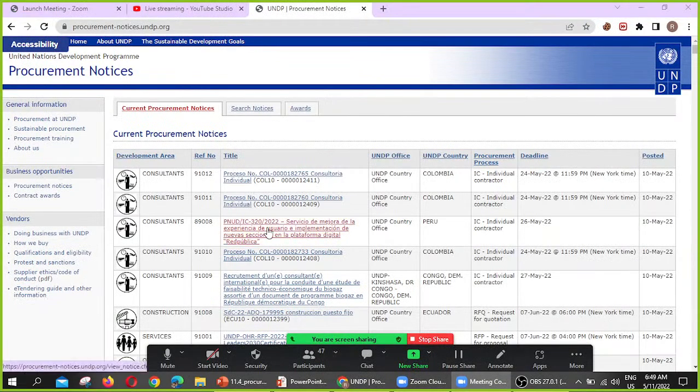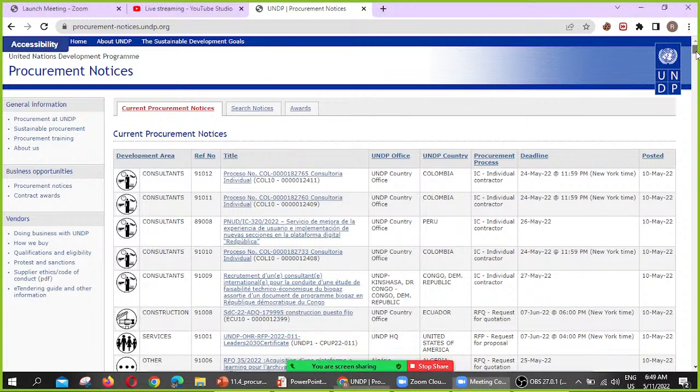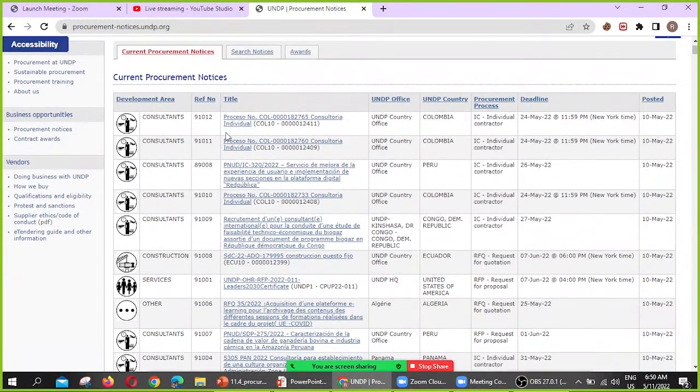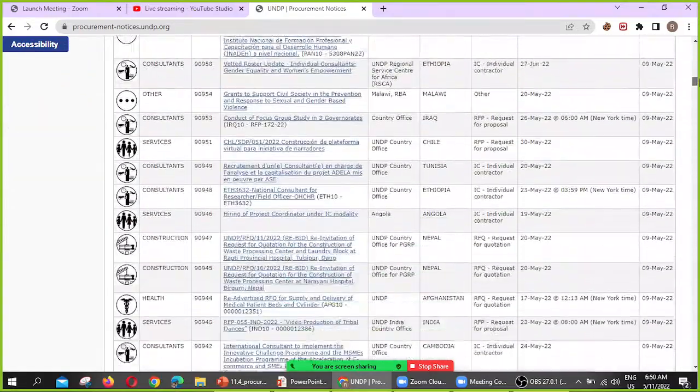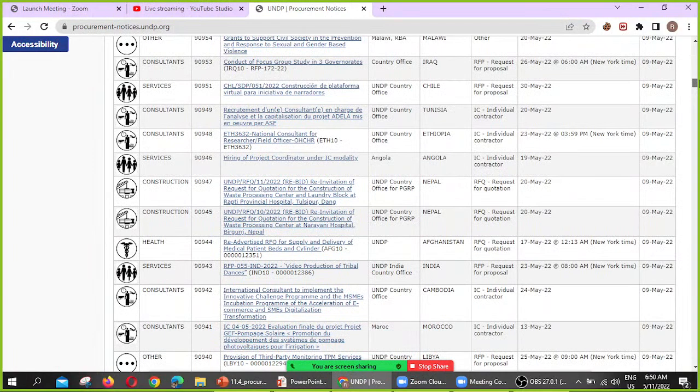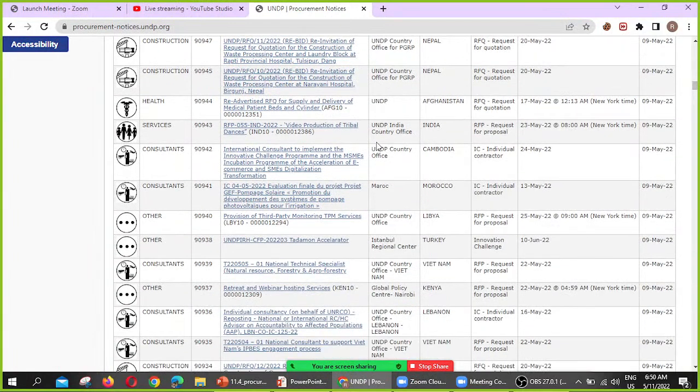Here you can find there are so many bids. Colombia, Peru, Colombia, so there are a lot. Mexico, Cameroon, Nepal, Afghanistan, India, Libya, Turkey.